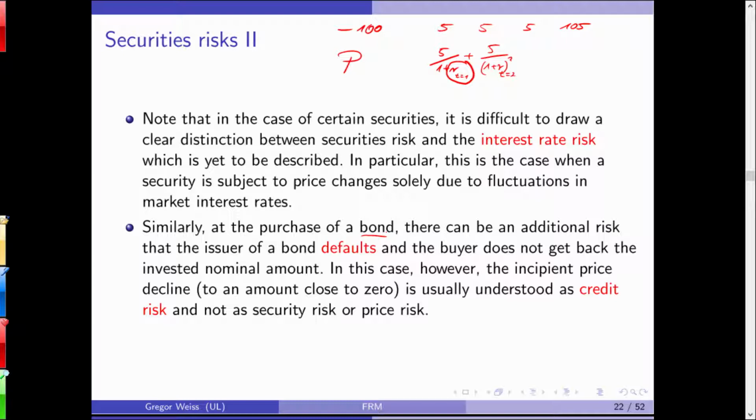So this is somewhat philosophical. Is it market risk? Is it credit risk? Is it market risk? Is it interest rate risk? Usually with corporate bonds, this is credit risk management, because it's all due to changes in credit ratings. And with government bonds, this is interest rate risk management. Okay.